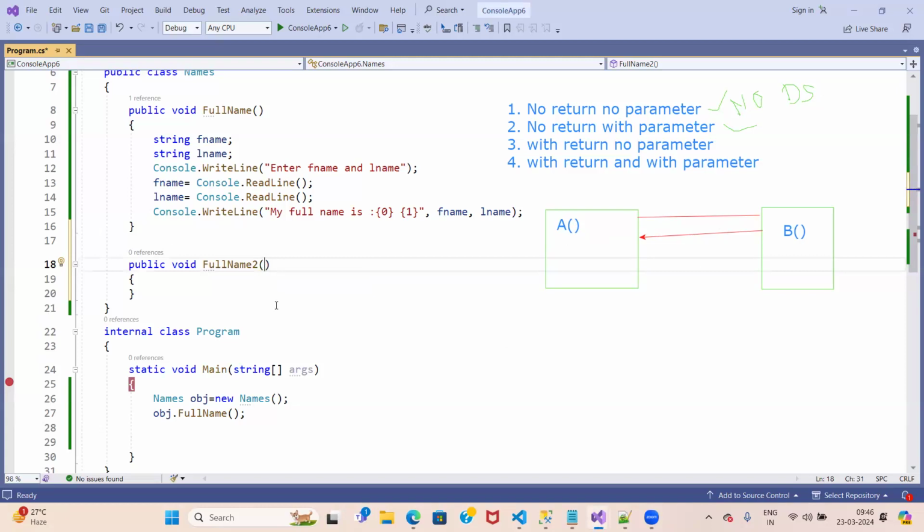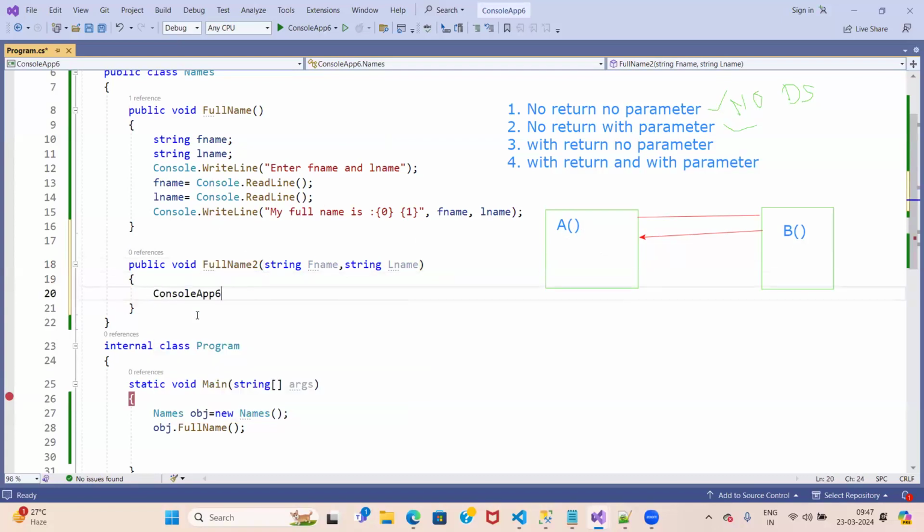So here you have to define string fName, comma, string lName. What this means is, if I want to execute this method, I need some values from outside of its scope. That will be passed from B to A. Whenever I'm trying to use this method, there is a restriction: I should be able to send some values, first name and last name, from outside. Once you get them, here you can write